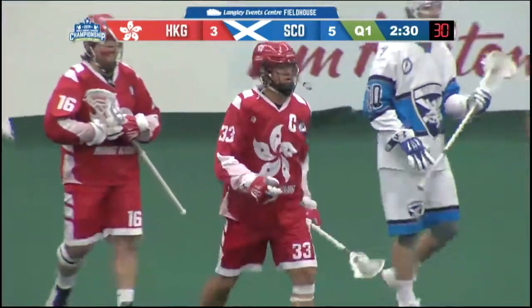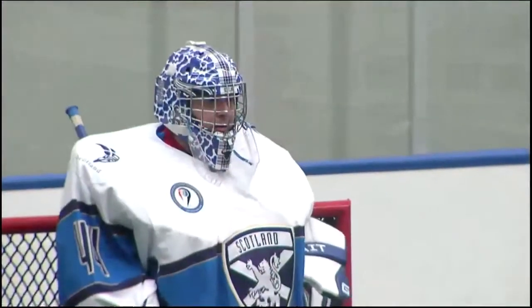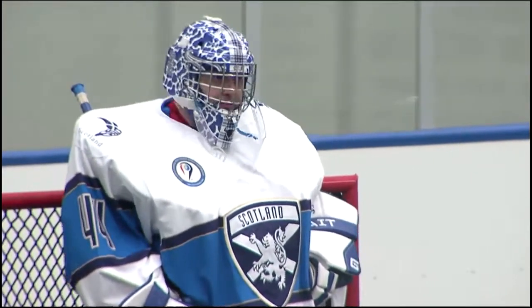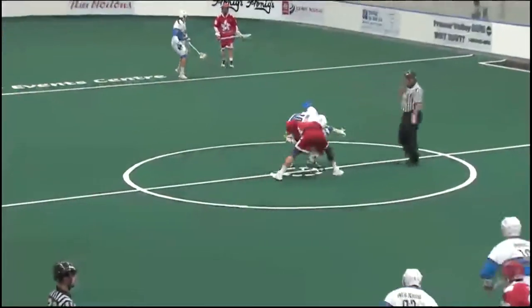And just as they announce Moffat's goal, Hong Kong is back on the board, restoring the 2-goal deficit with 2:30 exactly remaining in this first quarter.